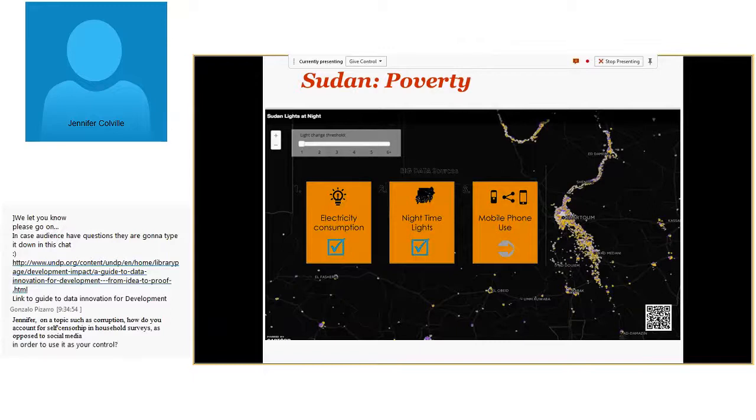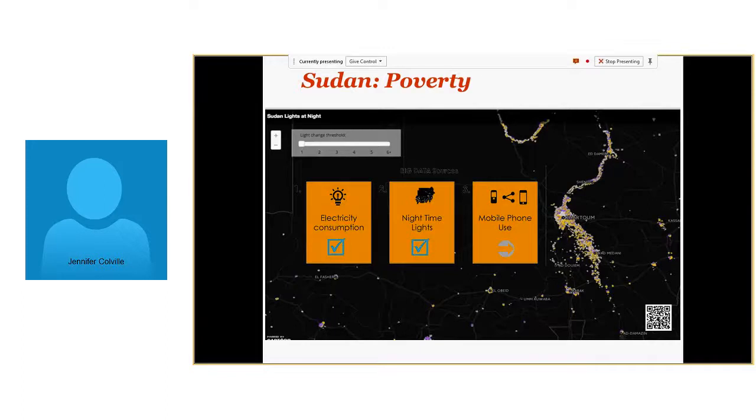It wasn't working. So they said, okay, let's do nighttime lights. We can use satellite imagery. We'll collect all that data. We'll do the overlay. We'll do the correlation. Nope, it didn't work. So now they're using mobile phone usage, looking at call detail records, and people's usage patterns and their movement, and correlating that to what they know at the subnational level. And we feel like we're on the right track now. So this is 2+ years into the process.